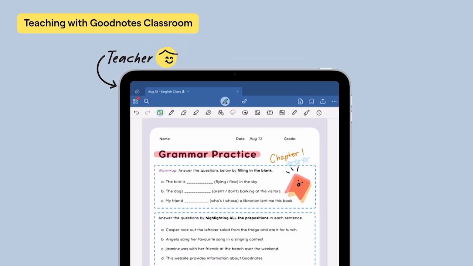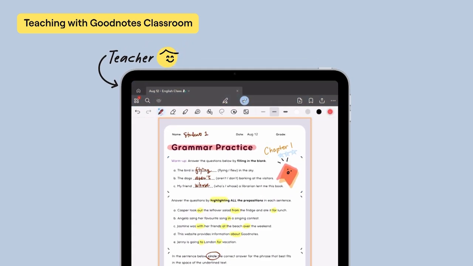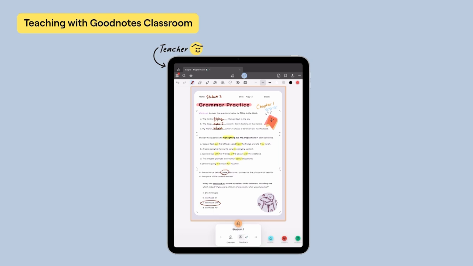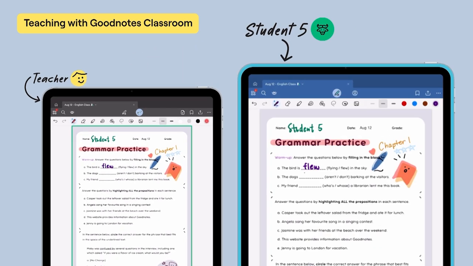The second mode teachers have available is Teach Mode. This is the primary mode you'll be using during class. Here, you'll find the Class Navigator, which will allow you to scroll through each of your students' views and see their work as they write. This allows you to get a real-time sense of how the students in your class are understanding the material.